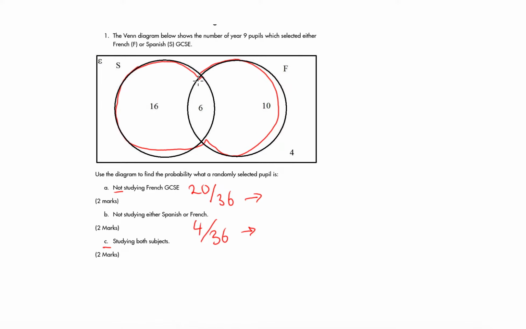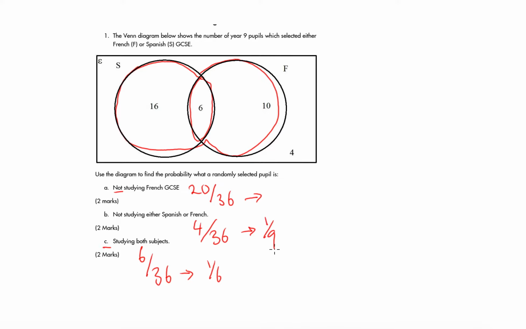So as I mentioned at the start, the 6 people in here, they're in the overlap section. They study Spanish because they're in the Spanish section, and they study French because they are in the French section as well. Okay, so it's 6 out of the total, which is 36. That simplifies to 1/6. 4 out of 36 is